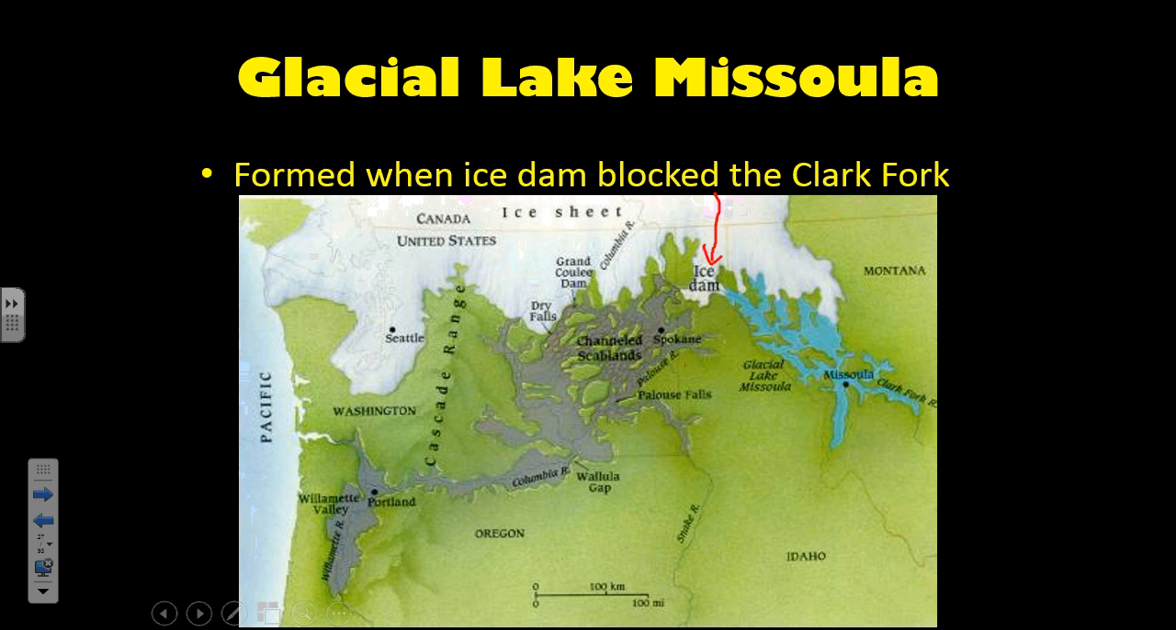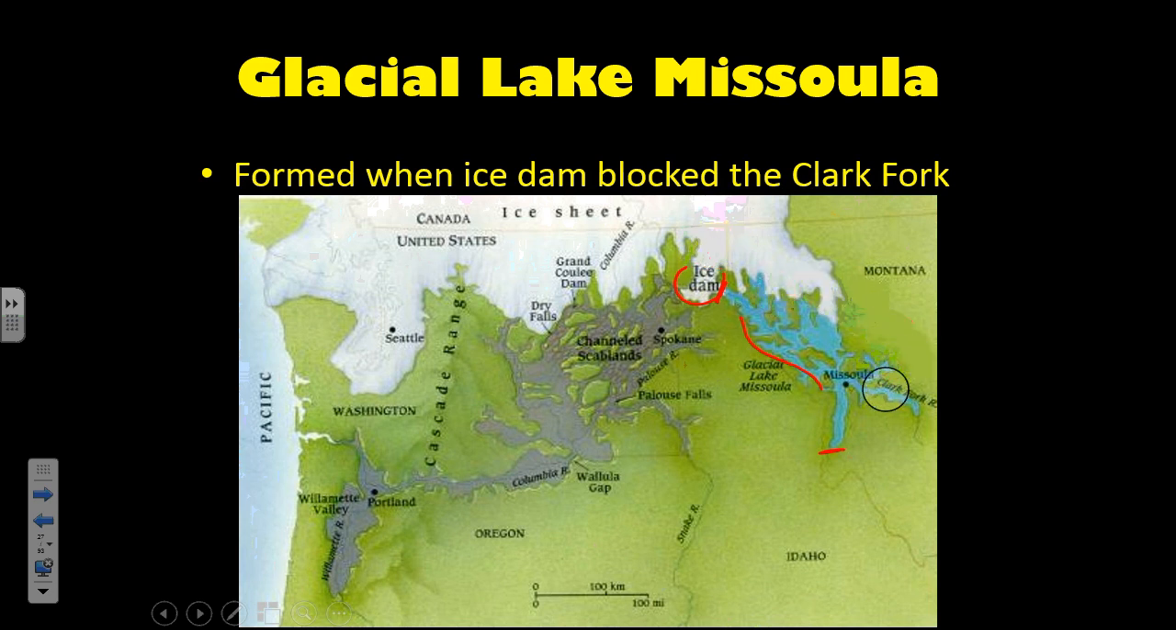The key being is it created this ice dam here, which blocked the Clark Fork River and thus formed Glacial Lake Missoula, which stretched all the way down to Hamilton and up to Kalispell and even east of Missoula. And at its deepest point, it was 4,200 feet deep. This was an impressive glacial lake. And what eventually would happen is that this ice dam,